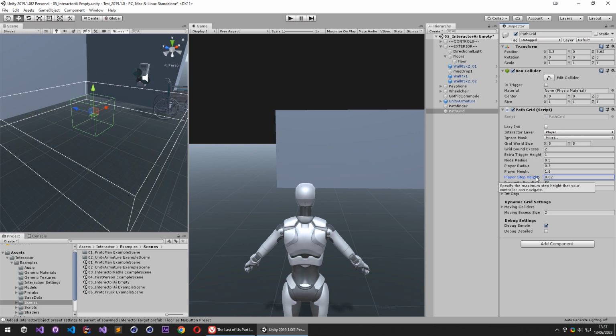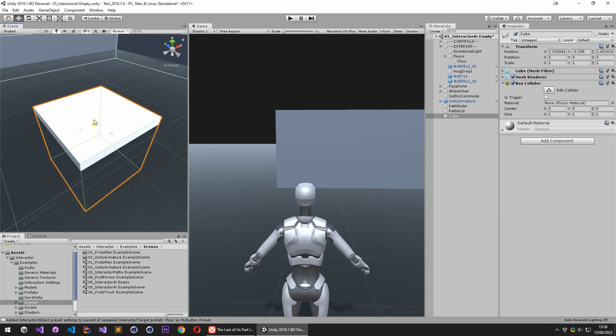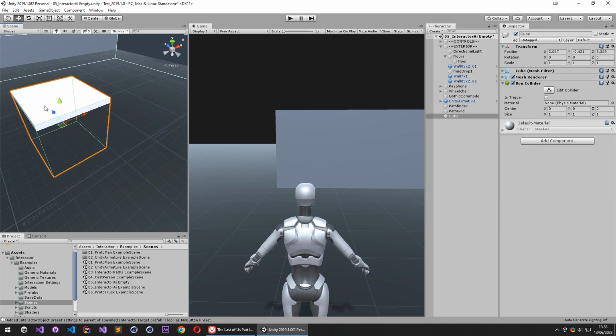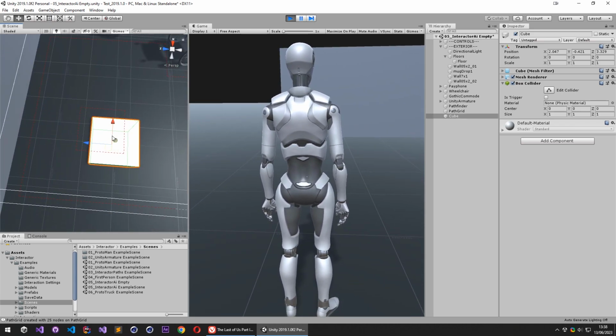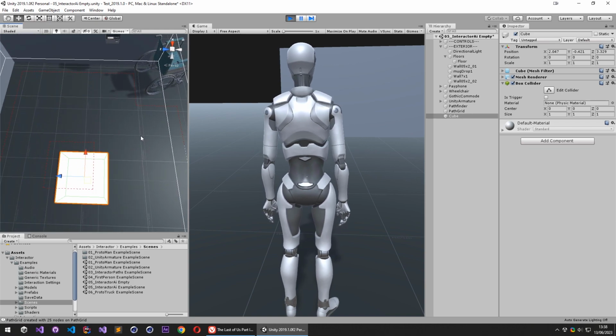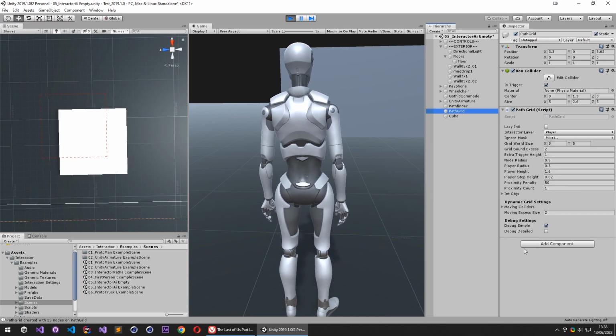And next one, we have step height. Step height means that the objects that your player can walk through, some small steps or bigger steps depending on your character. So you can give your step height here. So let me quickly show this. Let's say we have an object on the ground, right? Normally we can walk on this object, so we can give it an accurate step height. Otherwise it will set it as an unwalkable space. So as you can see, it is not looking accurate. That's because we have a